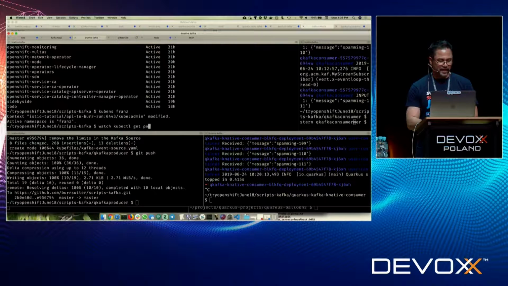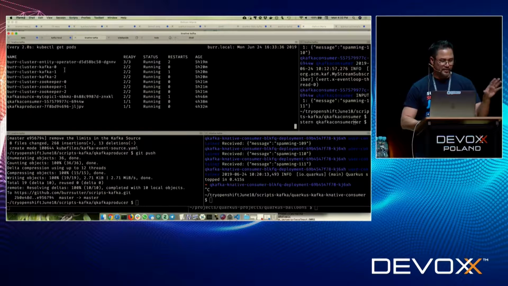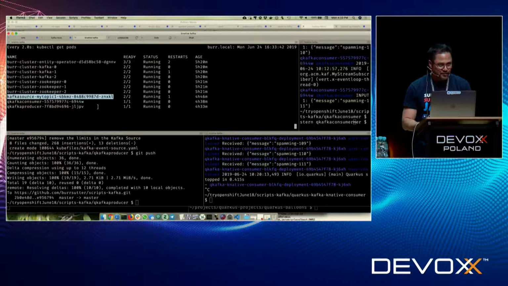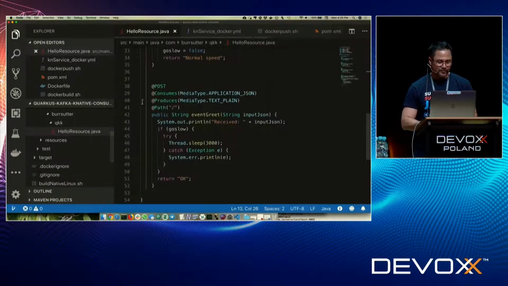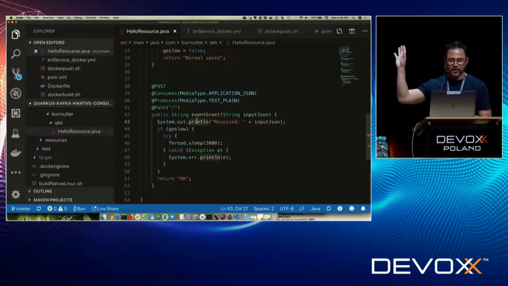In this case, I have a full Kafka broker running inside that cluster I showed you earlier, where I was scaling things up and down. But what I have now is this concept of a Kafka source. We'll talk about this more when I talk about the Knative capabilities, but the idea is very straightforward. I have producers and consumers, and in this case, it's a Kafka source that's tied to my business logic. So that means my business logic doesn't even have to have the concept of Kafka. You can see in this case, it's just a generic post.